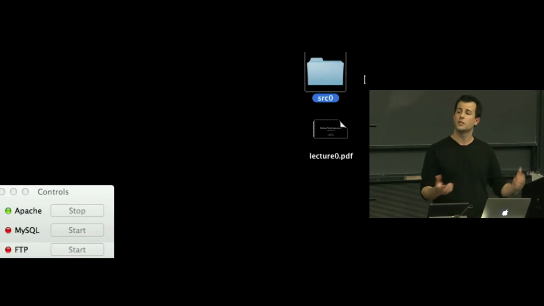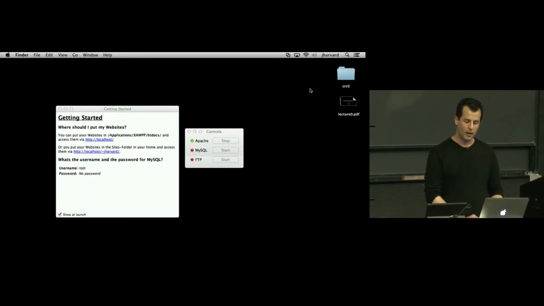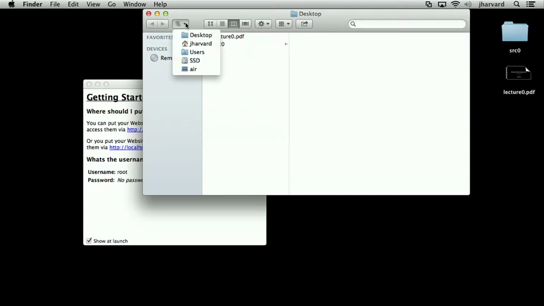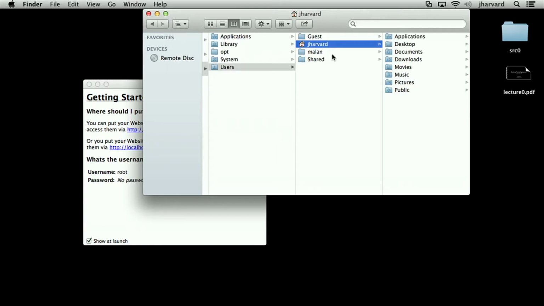And in there is all of tonight's examples in advance, in case we want to pull up something that's been pre-written. And what I'm going to do now, for those less familiar, let's see. Actually, I'm going to do this the easy way. I'm going to open up my Finder. I'm going to go ahead and find my own personal jharvard directory. And I'm going to create in this directory